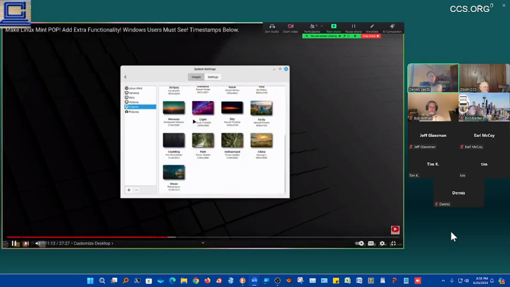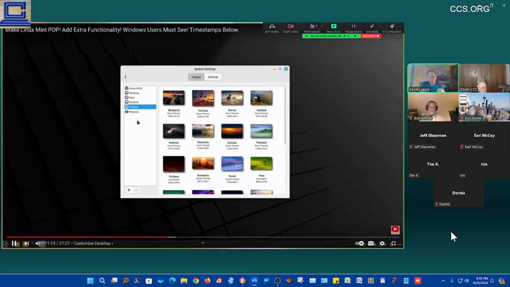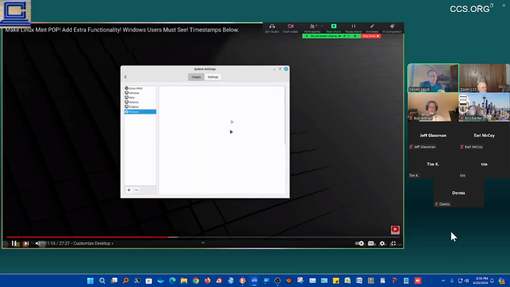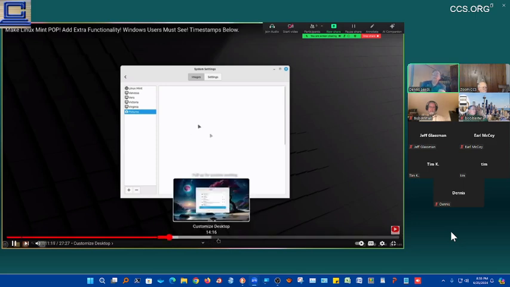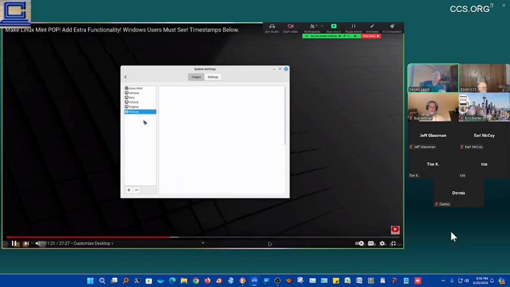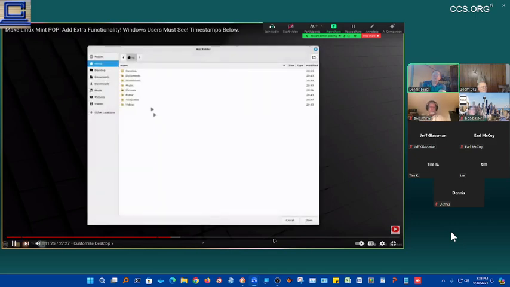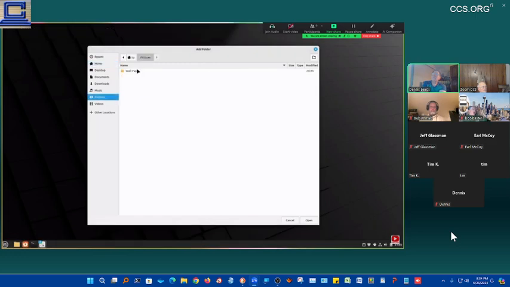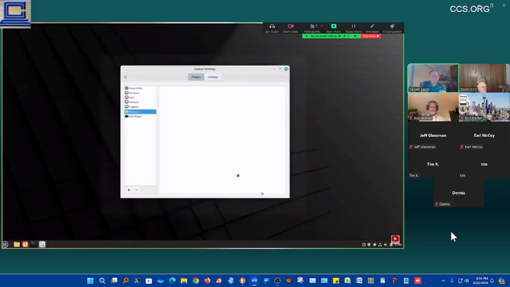But of course, I always like to just go grab my own. And if you had any pictures, pictures will be in here. Plus, you can also make a slideshow out of your background. We're not going to do that. I'm just going to go into pictures. I've already got them in here. I've got wallpaper here. I'm going to open these up, and we're going to go grab that wallpaper that we